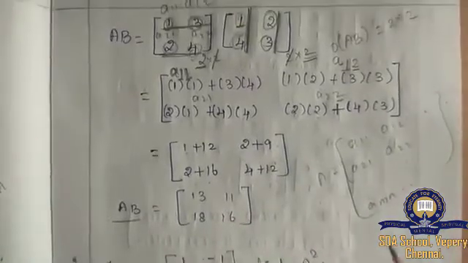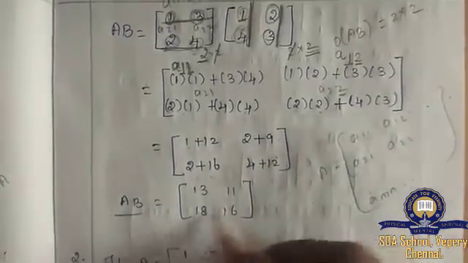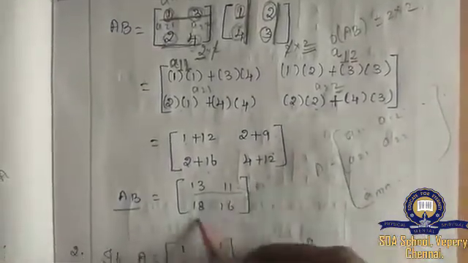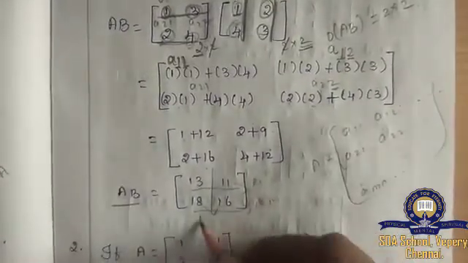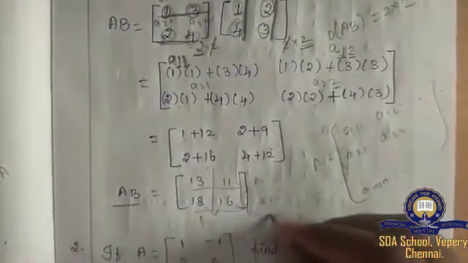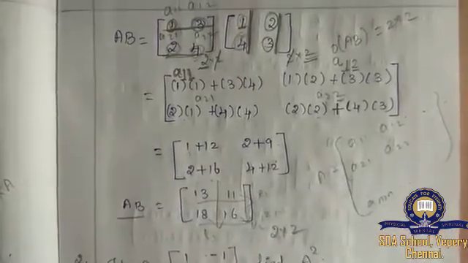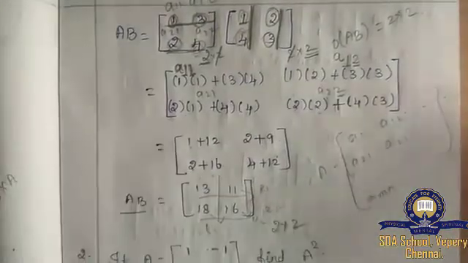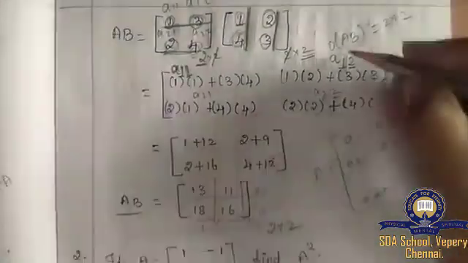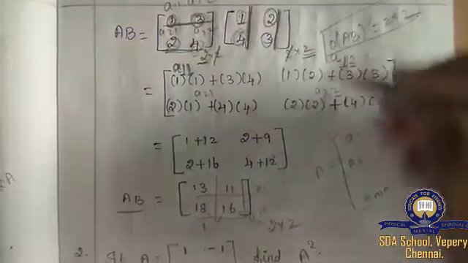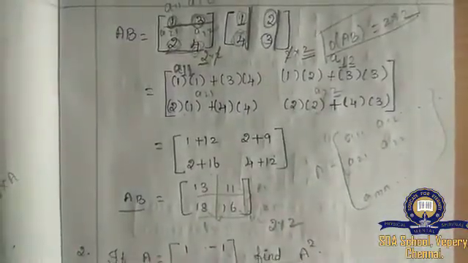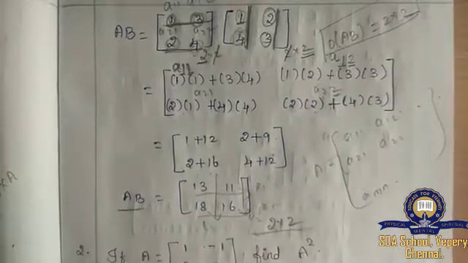Children, please do remember, just to check what will be the order of the resultant matrix. R1, R2, C1, C2. So the order of the resultant matrix is also 2 by 2. Am I right? Already in the previous step I told you the resultant matrix order must be 2 by 2. Now we got the answer, right? This is the verification part. We have to check it.